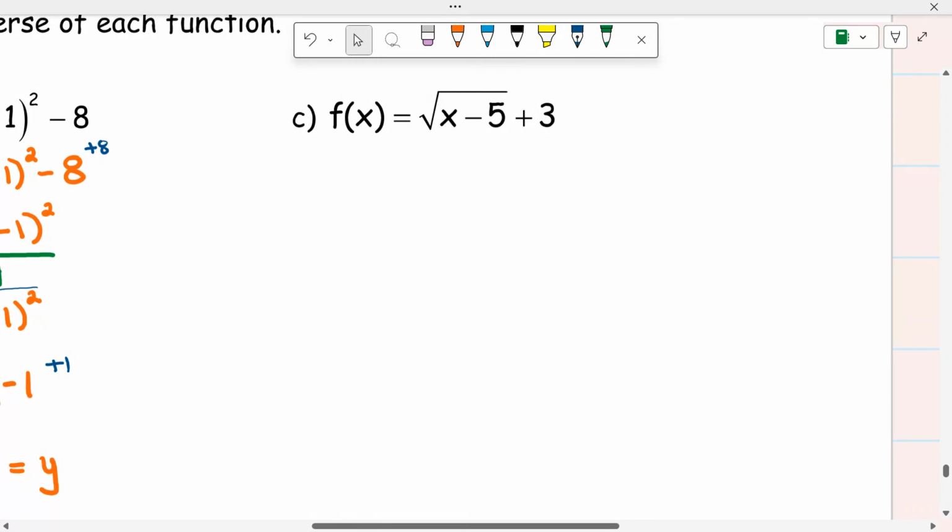Again, f of x just means what? y. f(x) is just notation for y. So that now is going to just change to a